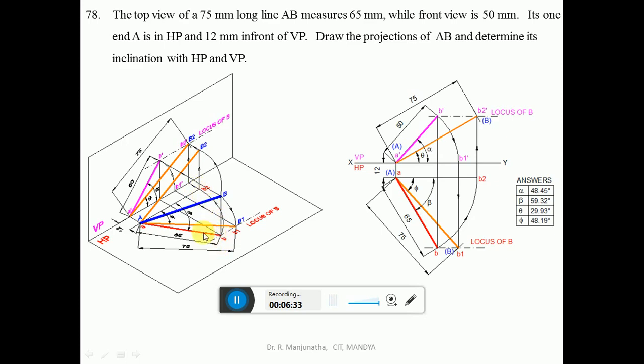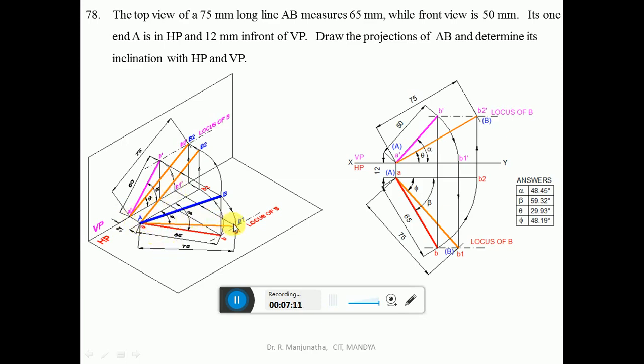Similarly, when A is in HP, B1 dash should also be in HP, but now B is above HP by this distance. With A as center, take the radius of AB and draw an arc. Because A is in HP, capital B1 should also be on HP, so you get the true length here. When looking from the front view, the path traced will be on the vertical plane. So on B dash you draw an arc so that A dash B1 dash will be above HP by the same distance. A dash is on HP, so B1 dash is also on HP. Since it is parallel to HP, you get the true length in HP.